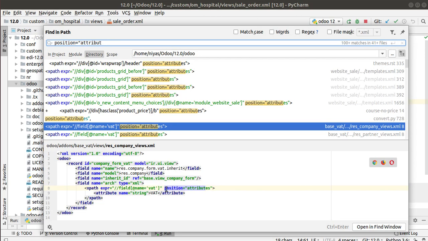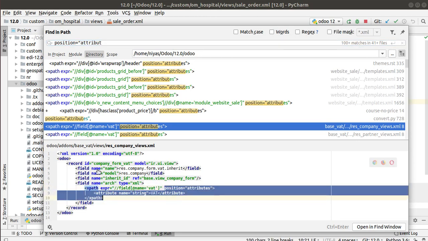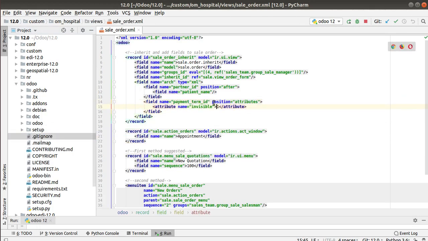Position attribute. So let me copy this syntax and put it here. Yeah, payment term ID position attribute name equal to invisible equal to 1. So that's done.